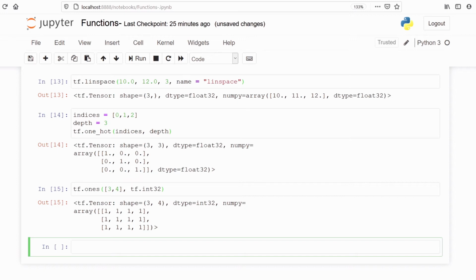There's a method ones_like. This is also similar to the method tf.ones which we have just used, and the only difference is this method returns a tensor of the same type and shape as the given tensor with all elements set to 1. It will return the tensor in the same shape and same type, and all the values will be 1. We will make one variable tensor.